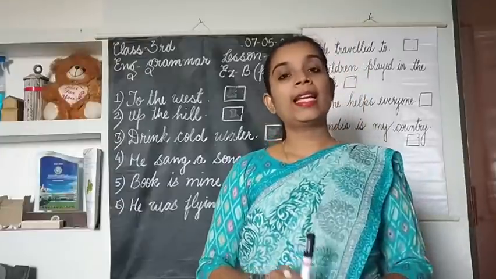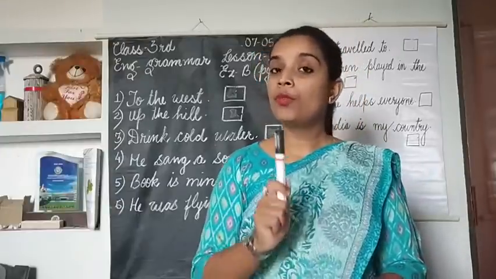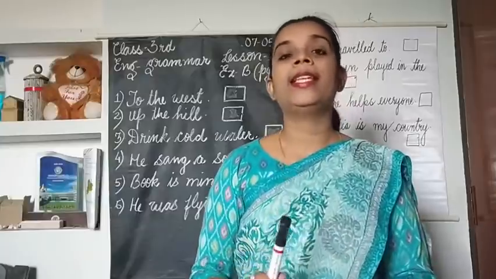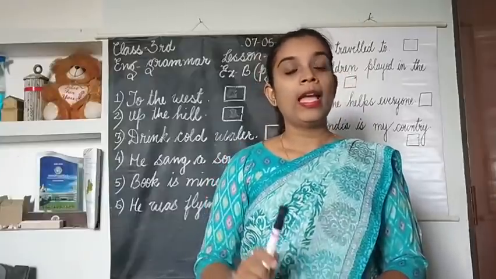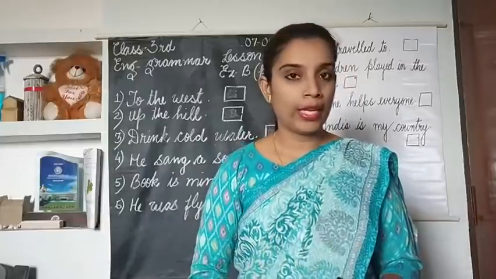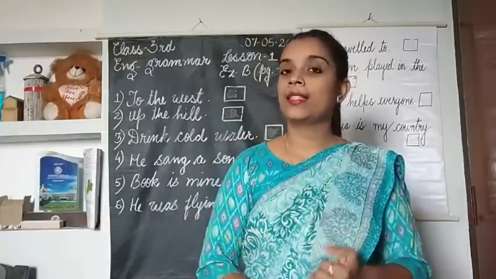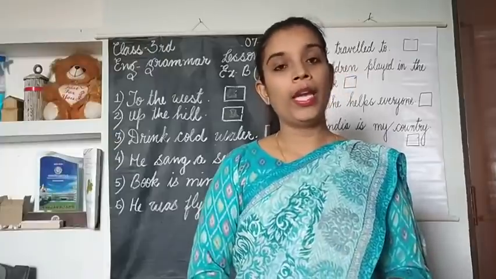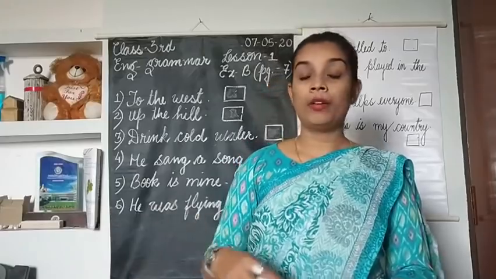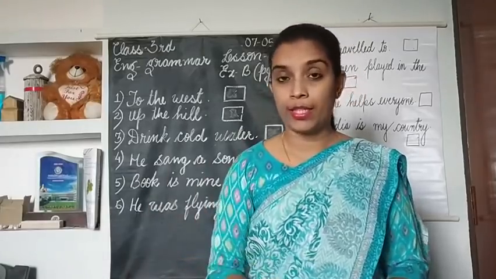You will see that lesson number 1 has 4 exercises in it: Exercise A, B, C and D. And one more exercise is there, exercise E, which we will not be doing in the book. Only 4 exercises we will do in the book. Exercise A I have already explained to you all, and solved in my previous session.